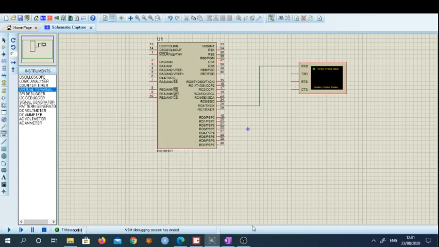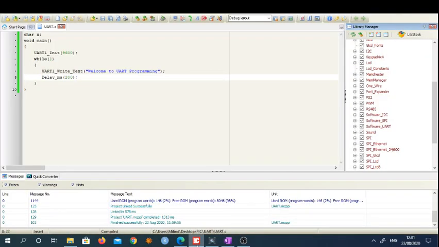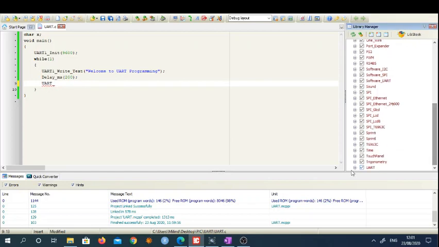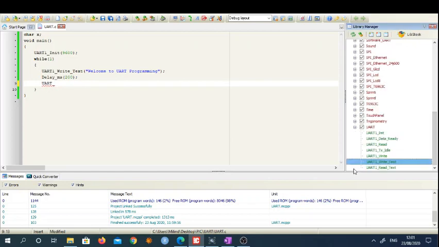So let us go to the program once again. Here I will use UART underscore. So you go to the library again, and which particular command do I want? Yes, I want to give the enter. So for that I am using UART1 underscore write.